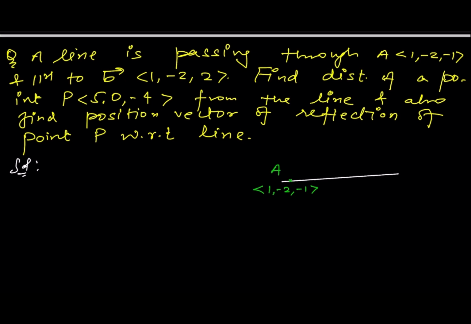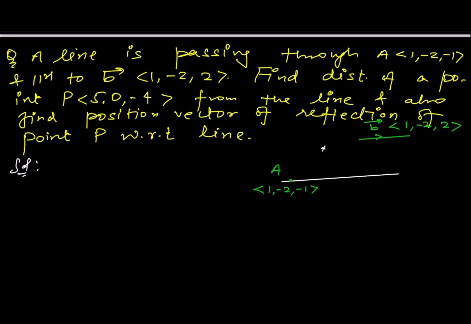One thing is that the line is passing through point A, and it is also given that the line is parallel to vector B, okay, and this is vector i cap minus 2j cap plus 2k cap, or I can say (1, -2, 2). Now what we have to find: